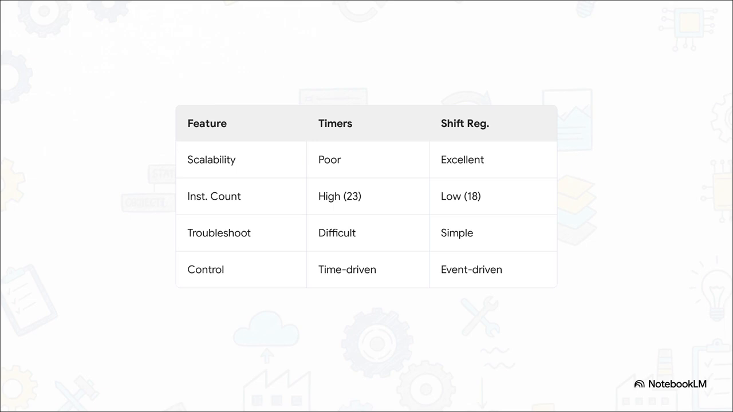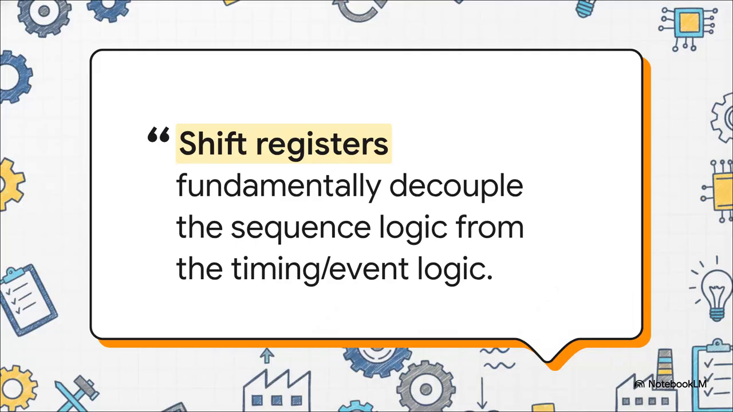I want to leave you all with this core architectural insight from the lecture. Shift registers fundamentally decouple the sequence logic from the timing and event logic. This right here is the true secret to advanced PLC programming. By separating what happens next from when it happens, you're creating cleaner, safer code for physical machines. You get to move away from a brittle, time-driven brute force model, and you elevate your designs into elegant, event-driven